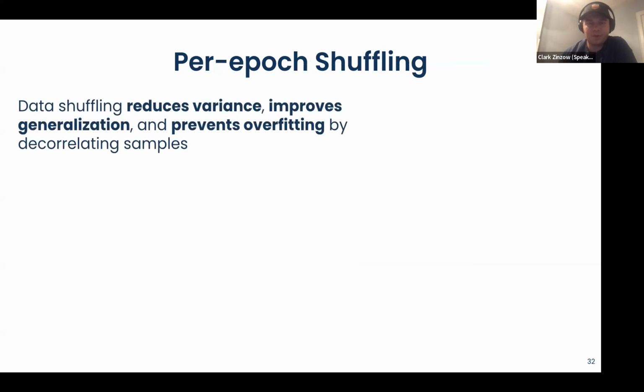Now, per epoch shuffling, getting back into why this is nice. First, a little review. Random shuffling of data is great for training. It reduces variance, it improves the generalization of the model, and in general it prevents overfitting by decorrelating samples. You can imagine, for example, if your data set was sorted by the target, aka the label, oh boy, that wouldn't be good for a classification task. If your model saw all not-cat and then all cat examples, you can imagine how your model would find itself in a woeful, terrible minima that it wouldn't be able to get out of. So that would just be an absolute garbage model.